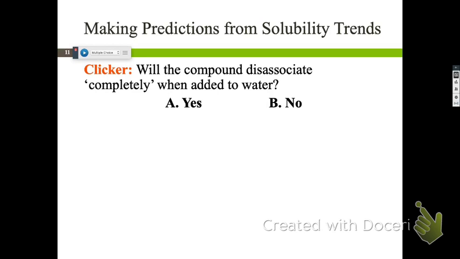All right, so let's go ahead and do some practice. We're going to have a few compounds here. I think we have them listed on the backside, question number 5. I want you to answer yes or no for each one of these. If we had these 2 ions floating around in solution, are they going to form an insoluble salt, or are they going to be soluble? The other way to say it is the exact opposite of what I said here, right? If we put these in water, are they going to separate? Are they more stable apart or together is what we're asking. So go ahead and click in your response. Try to use the table. Talk to your neighbor. Make sure you're on the right track.